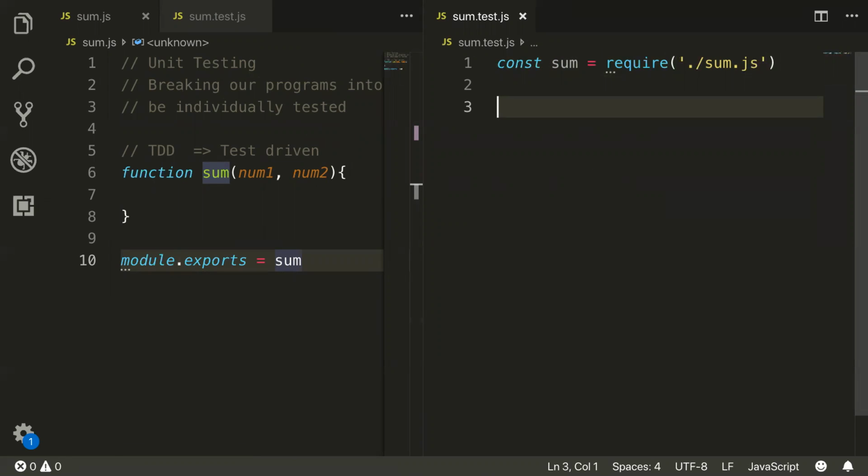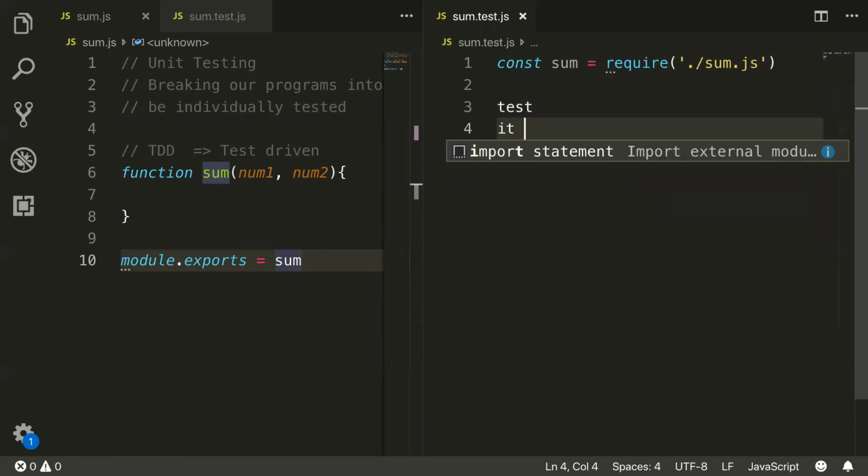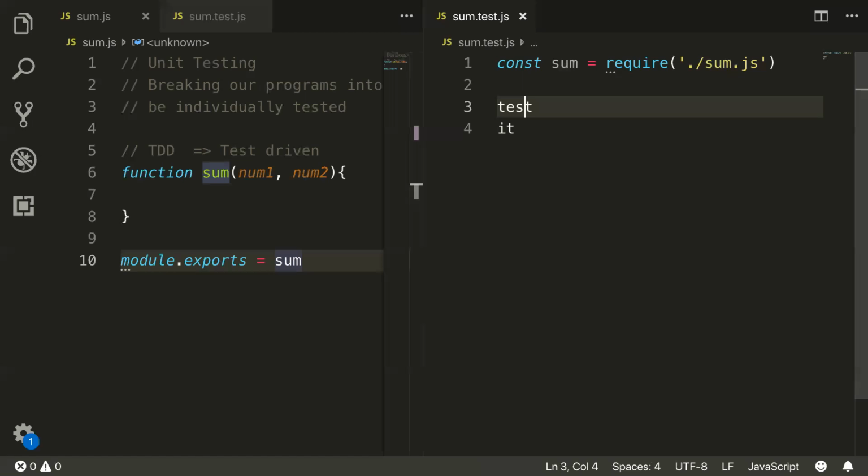So two main keywords to write a test with Jest. We can use either the word test, which is pretty straightforward, or the word it. As far as they work, there is no big difference. It's all semantics. So that we can say something like test